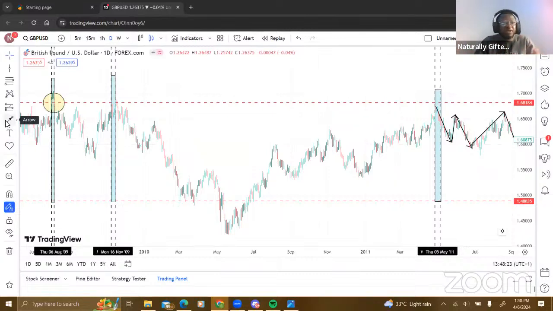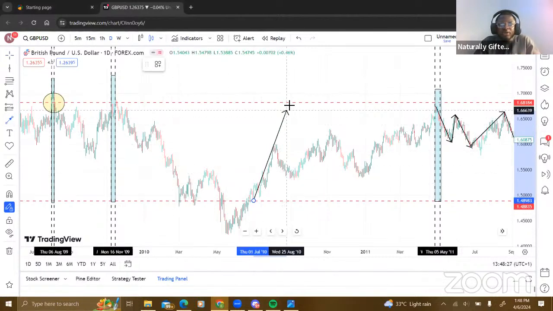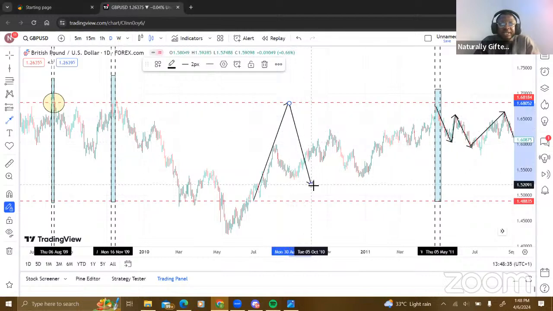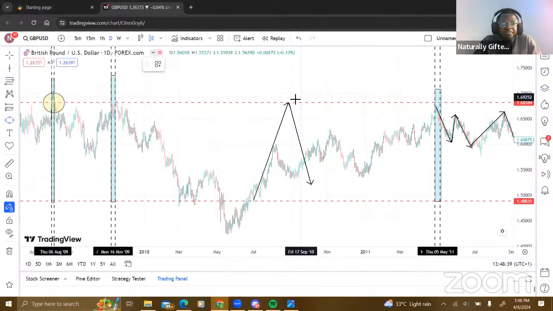It simply means that if market was going up at this particular point, a sell limit means that when price gets to this particular area, you're expecting it to sell. This is what the banks do. They put in pending orders in areas like this.